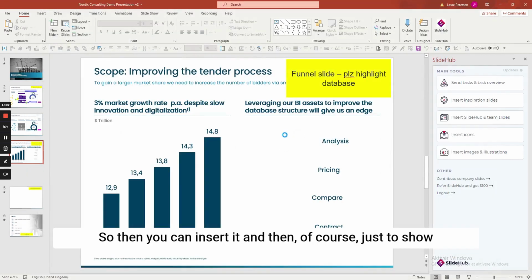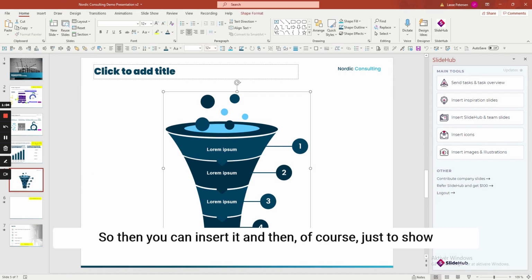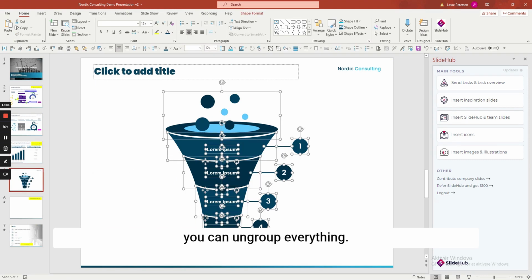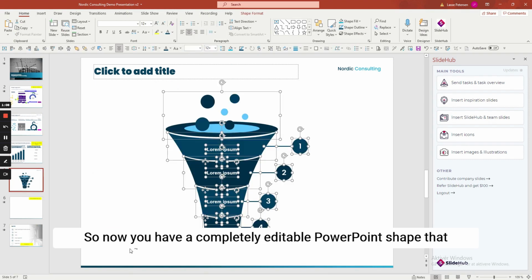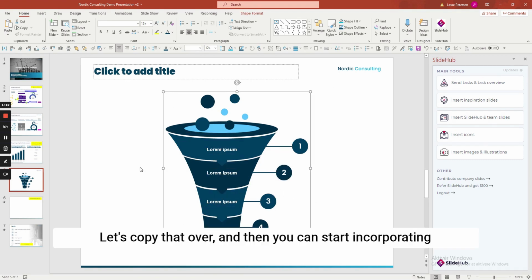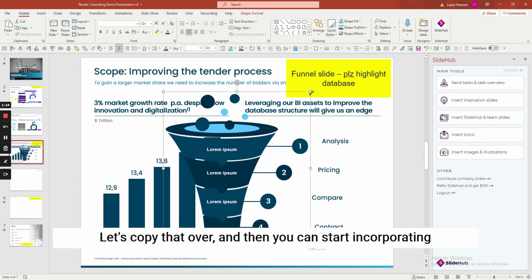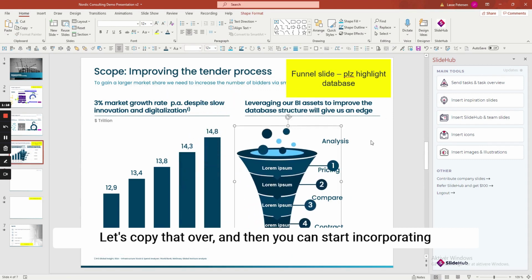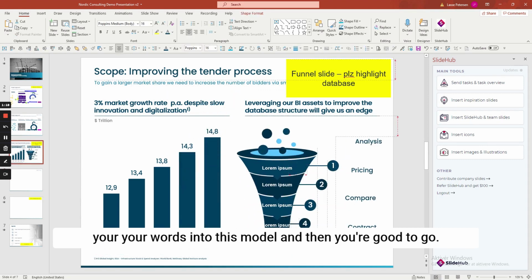So then you can insert it, and then of course, just to show you, you can ungroup everything. So now you have a completely editable PowerPoint shape that you can continue from. But let's copy that over, and then you can start incorporating your words into this model, and then you're good